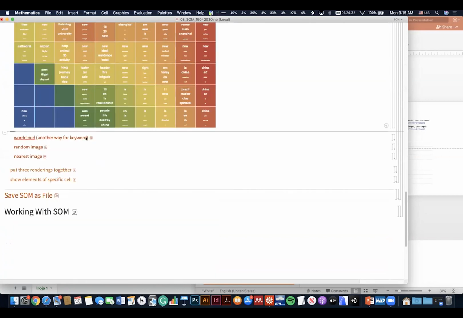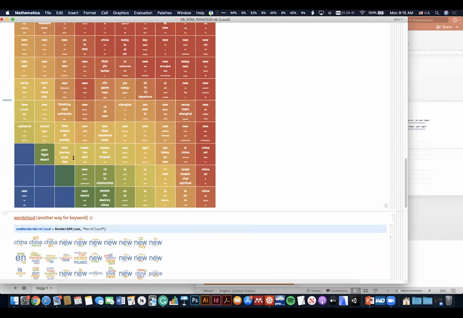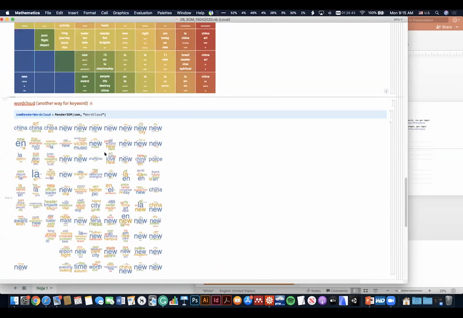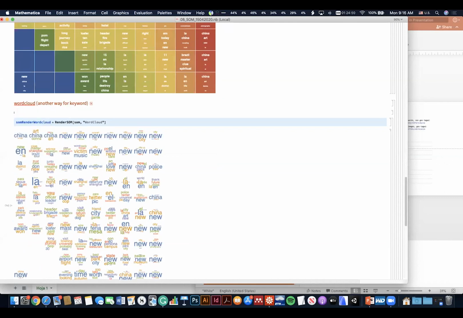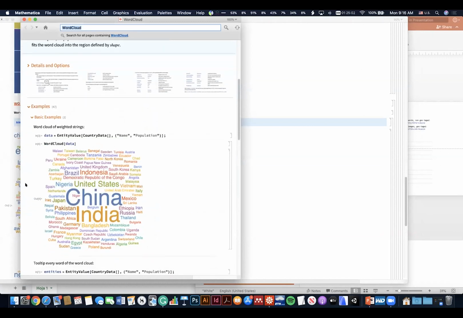Okay, so another way of visualizing your SOM is with this WordCloud function from Mathematica. It does something similar to what you're seeing here with the keywords, but if you check what the WordCloud function is, I'm going to show you quickly. It works with a list of text, and it already gives you an overview of what is happening there. So you see in this, it's asking for the text regarding country data and population, and now it's giving you